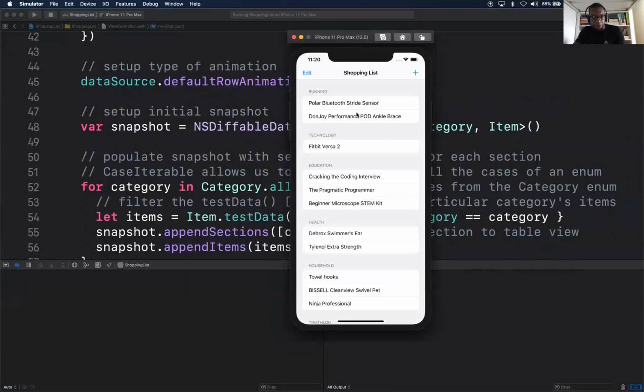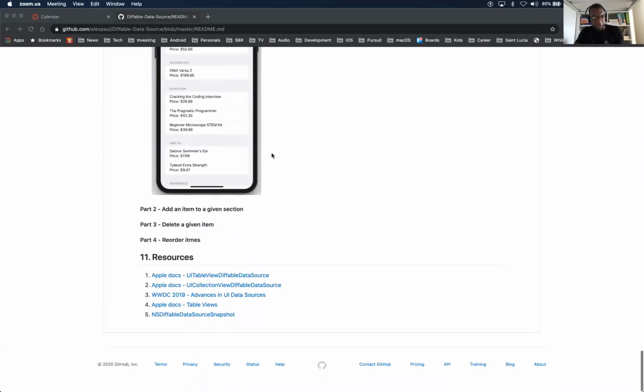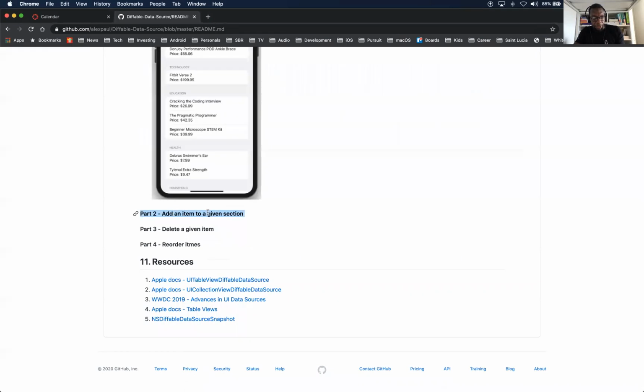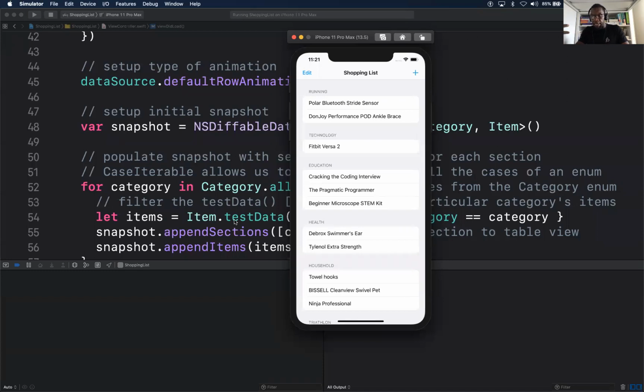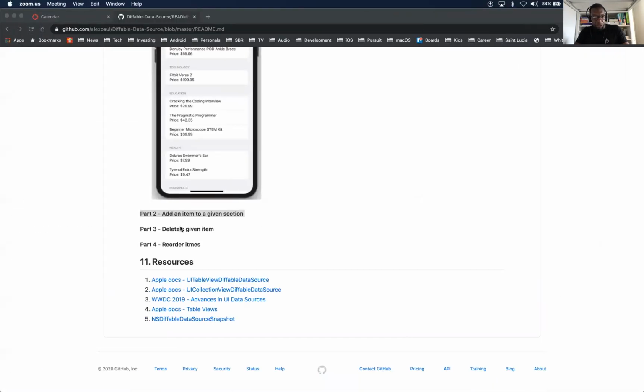So that's it. We have our working app here, and looking at the lesson, the only thing we have to do is add an item to a given section. We just walked through what that looks like. I really encourage us, for review and also to take our knowledge and understand snapshot, to go ahead and do that challenge, so that tomorrow when we come, we just do deleting an item and then reordering an item. Everybody on board with this?